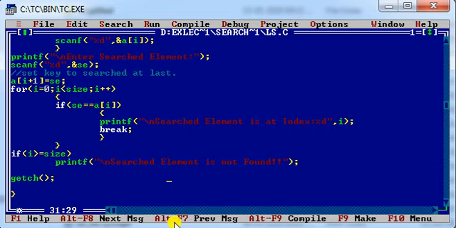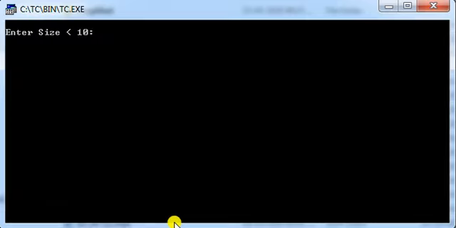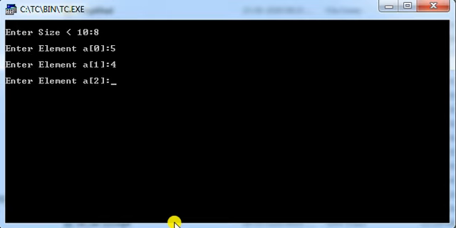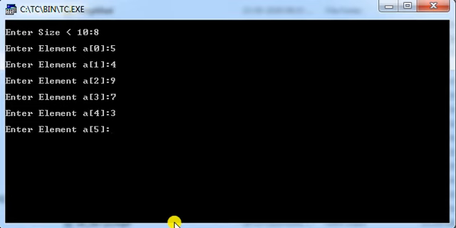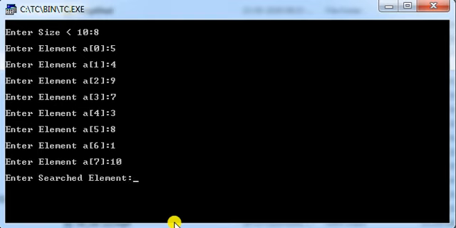Fine. One more time we'll execute the code. Let's say the size of an array will be 8 elements: 5, 4, 9, 7, 3, 8, 1, 10.